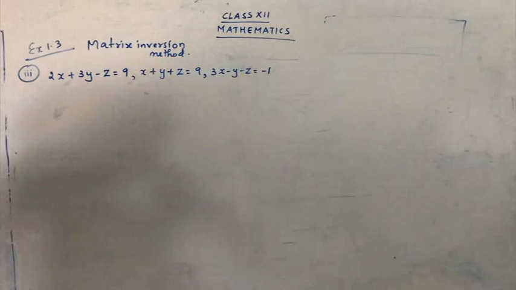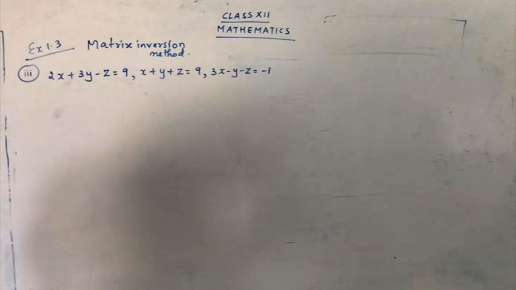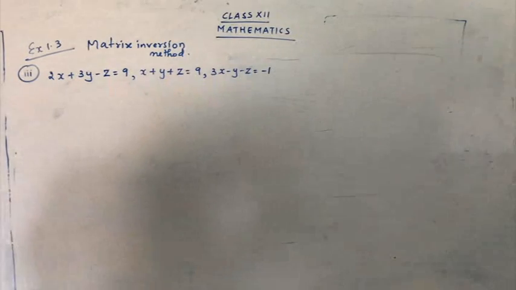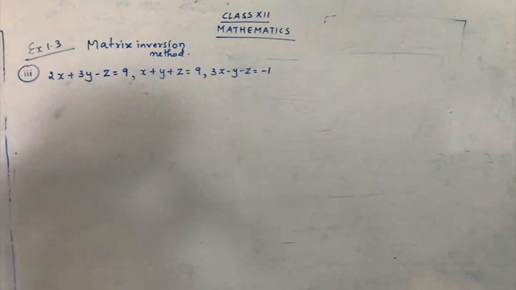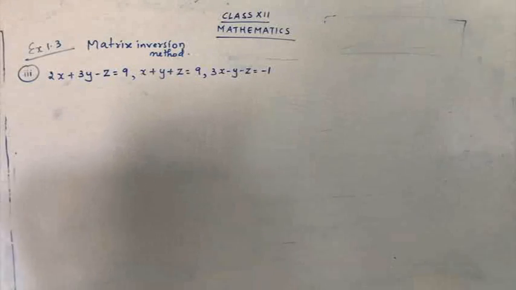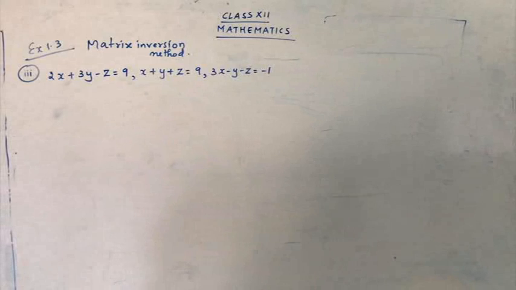So in minor method we have taken the second order, or we have taken the third order. So according to the question or according to the matrix, you have to choose the minor, you have to solve, and you have to get the rank. Similarly, we have also used row reduction method. So you have to go on reducing the rows and you have to find out the rank. So in the row reduction we have to find the number of non-zero rows. So the number of non-zero rows gives the rank of the given matrix.